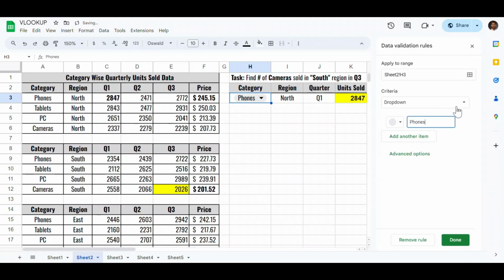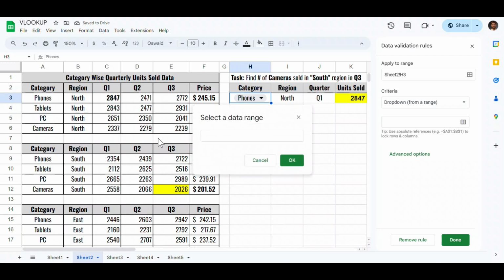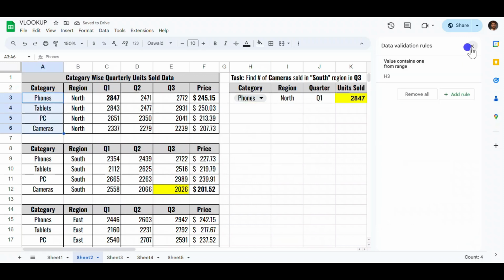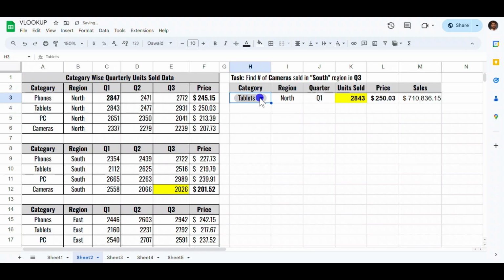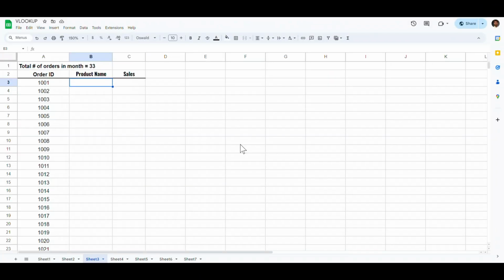Add the rule here and drop down from a range and select these 4 as our range, then click done. Okay, and now we can simply choose from this drop down menu and our results will automatically update here. Now before moving on to our advanced example, let's quickly go over another intermediate level example in which we will